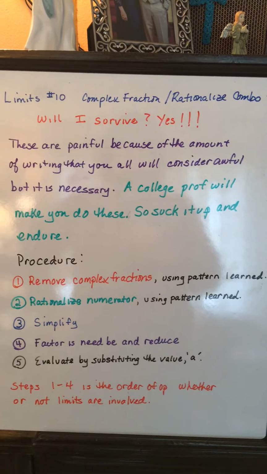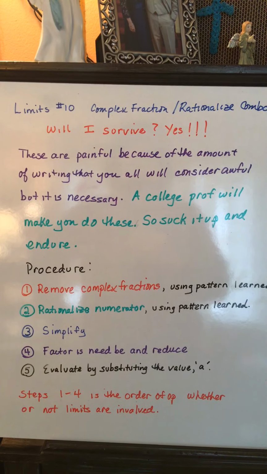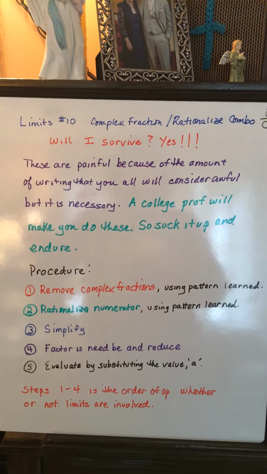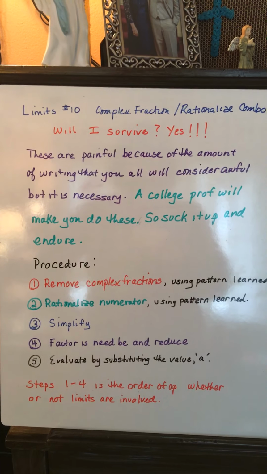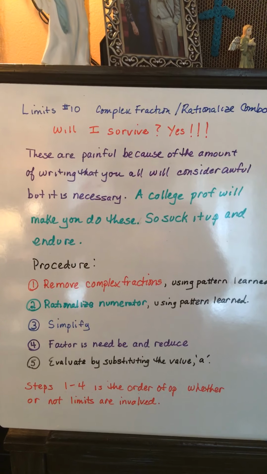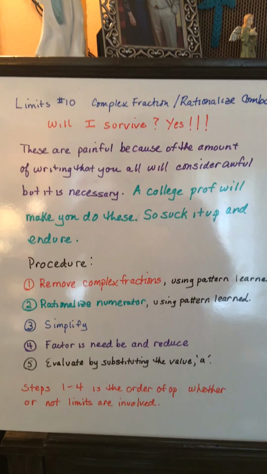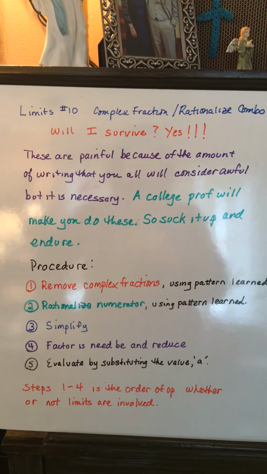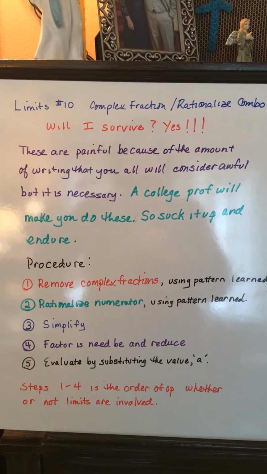Okay, we're now ready for Limits 10, Complex Fractions and Rationalizing Combo. When you have 0 over 0, you're in indeterminate form. Your question is always, will I survive? And the answer is yes. These are painful because of the amount of writing that you all will consider awful, but it's necessary. A college prof will make you do all these steps and show all this work, so suck it up and